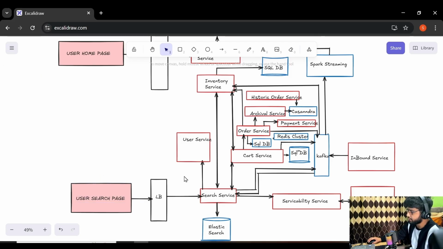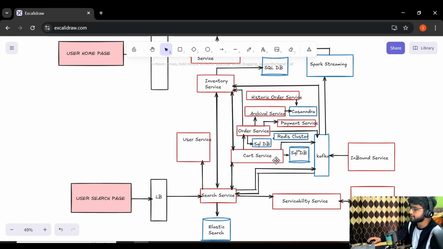So the search service will get invoked. Now after searching for a product, let's say the user wants to buy the product or just wants to add that item to the cart. He will simply add the item to the cart, and the moment he adds the item to the cart, this cart service will get invoked. So this is the work of the cart service. Using this cart service, the user can add an item to the cart and remove an item from the cart.